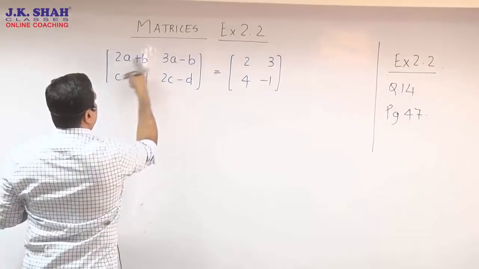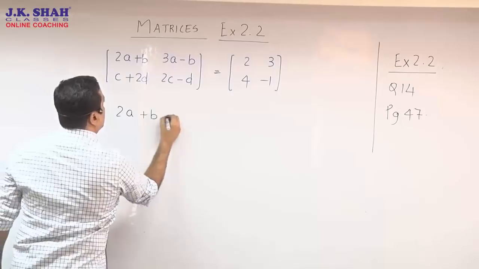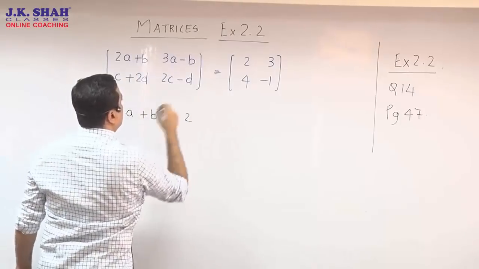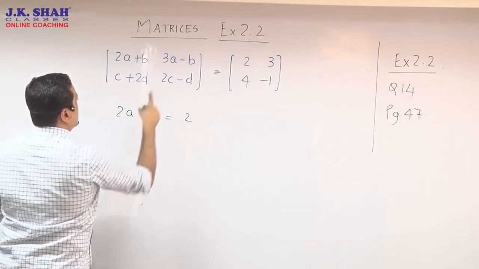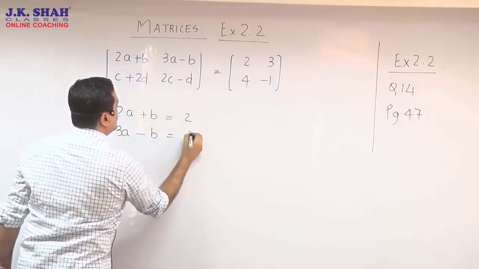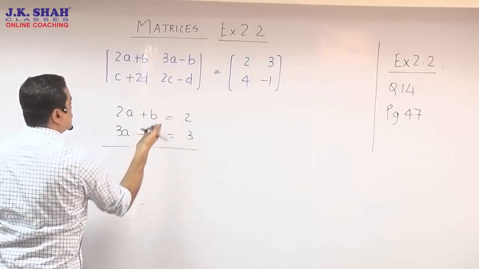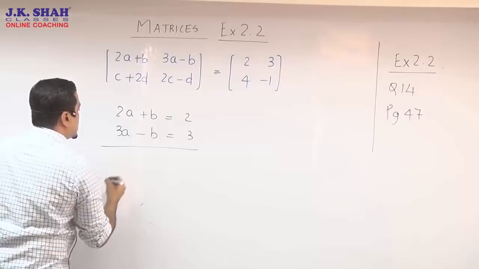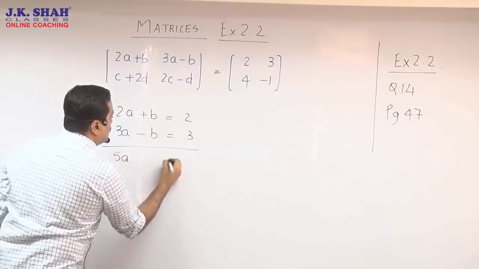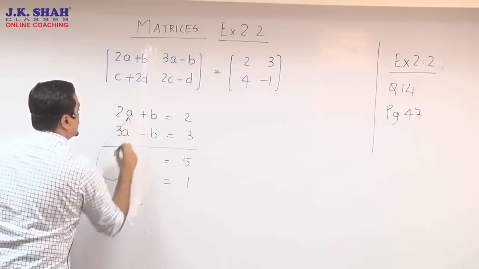Let's focus on first these two elements A, B. So 2a plus b equated to 2. Of course you write over here by equality of matrices. And the next 3a minus b, when equated to the सामने का element, that's going to be 3. And this is quite easy solving on adding. Because of plus b minus b, we just need to add the two equations. It's going to be 5a equal to 5. That gives me a is 1. We push our a into the first equation.